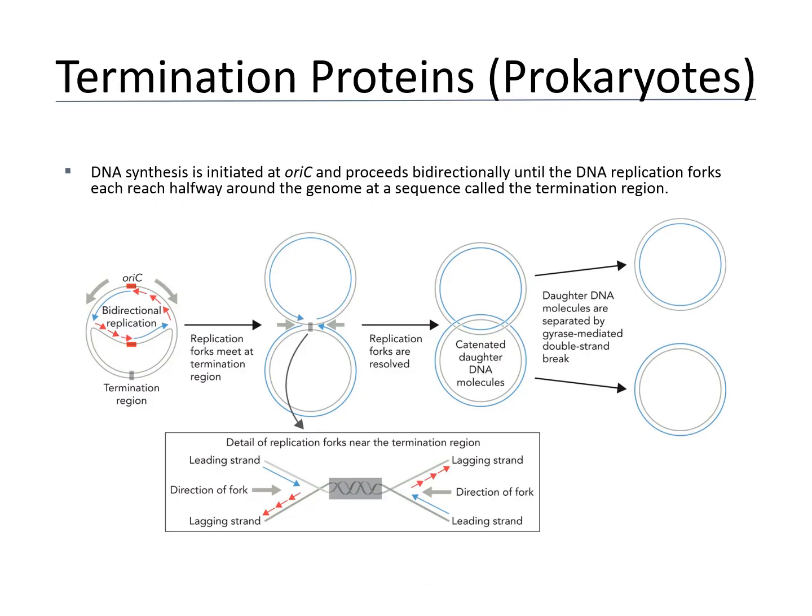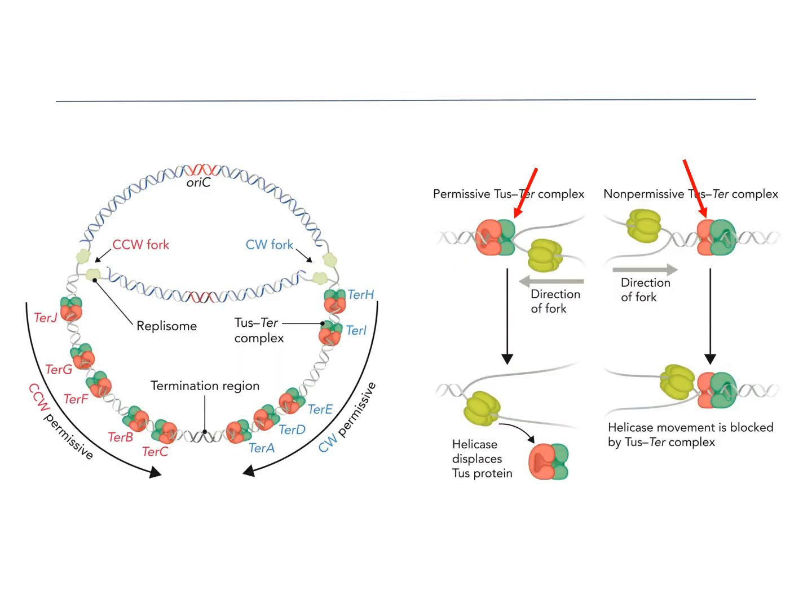This is just an example of bidirectional replication of the circular E. coli genome. It produces catenated molecules that are separated by topoisomerase 2. In E. coli, it's a gyrase, right? The interlinking circles can be separated by topoisomerase 2, which is the gyrase in E. coli. This figure just shows you there are 10 Ter sites, 5 on each side, and this replication fork,